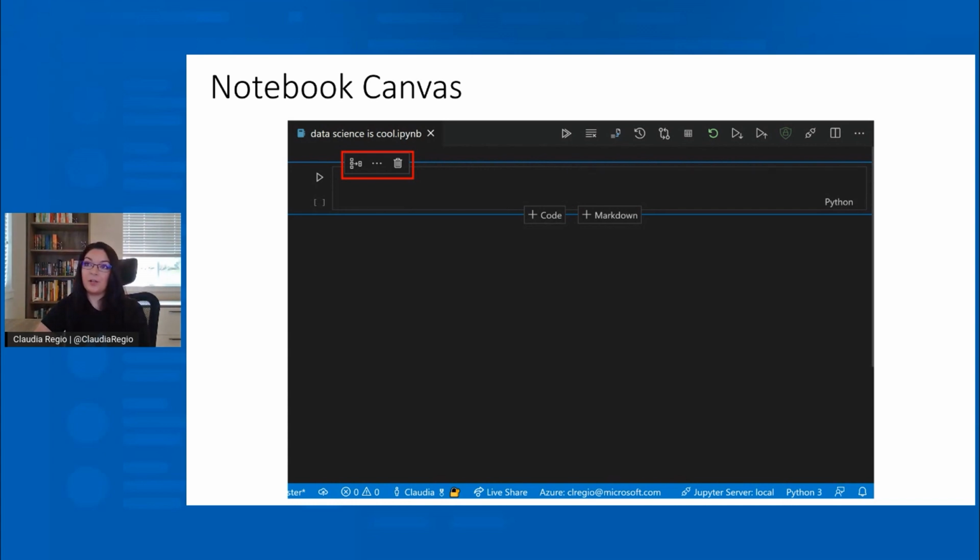Here we have our cell toolbar, and this is completely customizable. Mine is on the left, but by default, you'll see it on the right, and you can also hide this toolbar if you're somebody who's very keyboard heavy and you just aren't interested in seeing the icons surface to you. Obviously here we have the ability to add our code and markdown cells. Last but not least, we have our run icon. You can click the run icon to execute the cell, or you can also use one of our many supported Jupyter shortcuts to run, such as Shift-Enter.